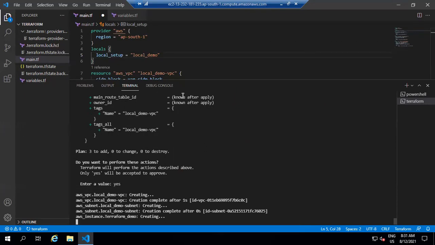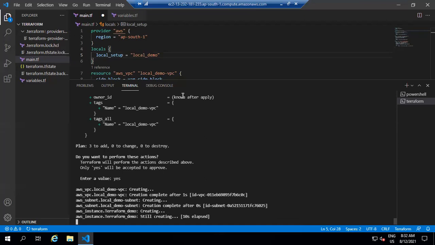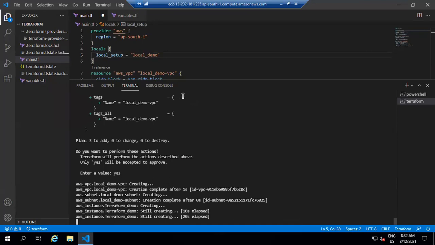So you can see it creates AWS VPC, AWS subnet, and AWS instance also. It takes some time.